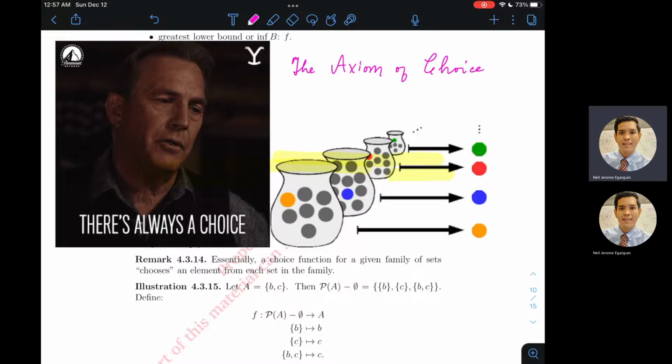But if you take away the axiom of choice from the Zermelo-Fraenkel set theory axioms, meron pa rin mga theorems na nandun pa rin, and they are equivalent to a respective version into the Zermelo-Fraenkel set theory with ZF1 to ZF8. So ibig sabihin yung mga results of set theory using the nine Zermelo-Fraenkel axioms can have an equivalent to the Zermelo-Fraenkel using only ZF1 to ZF8. Kaya medyo merong mga criticisms at reluctance sa pag-accept ng axiom of choice as an additional axiom for set theory. However,